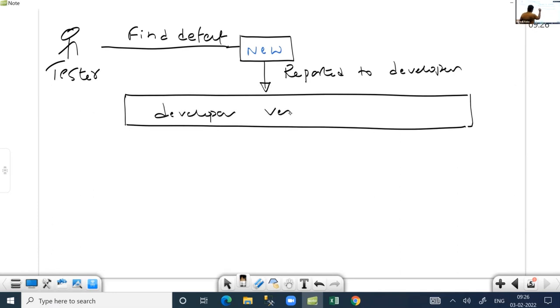Developer verify, check the received defect. There are different possibilities here. If the defect is invalid, not a valid issue,